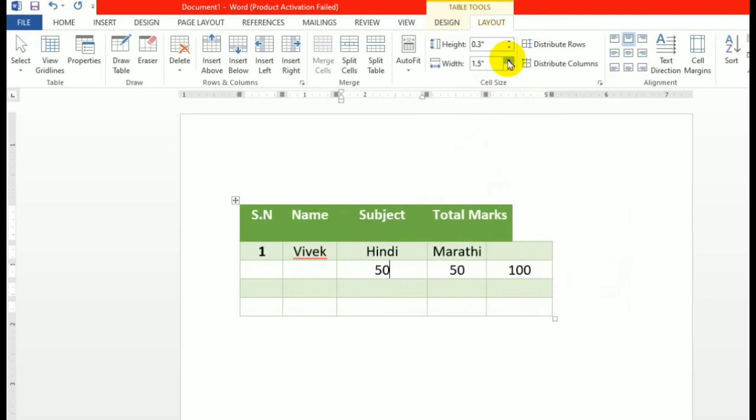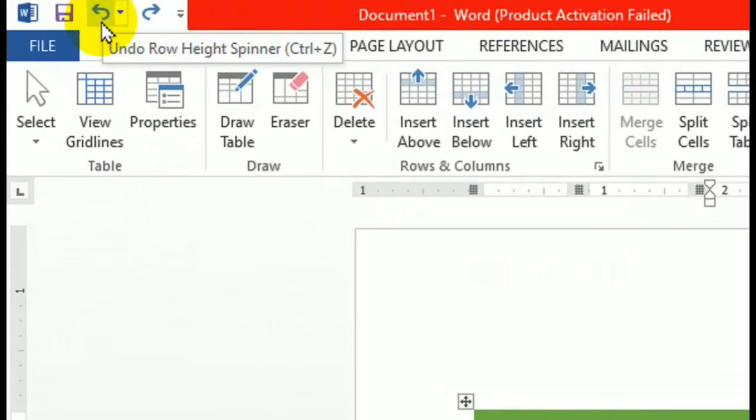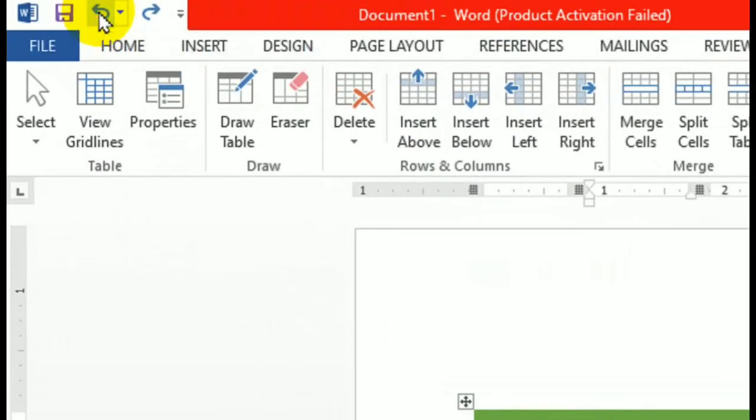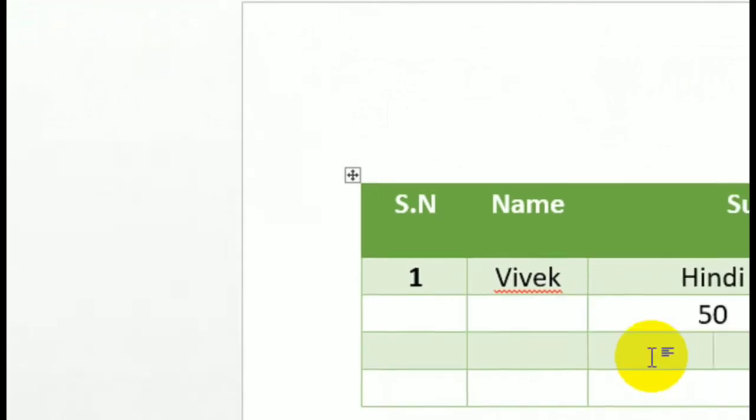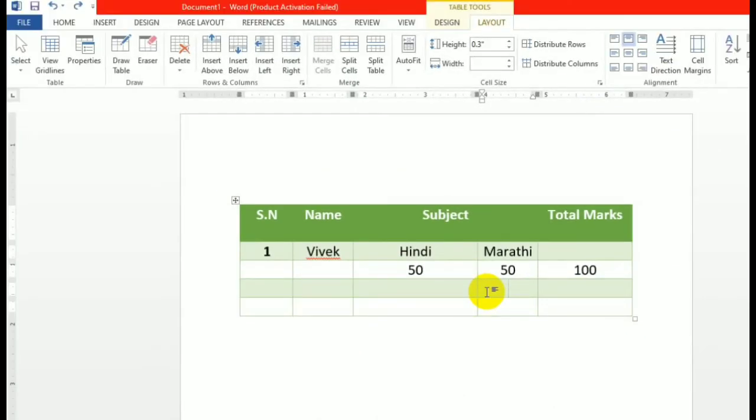So what I will do is use the undo and redo options to get it proper. That option is also present on the quick access toolbar at the left top corner. Here that option is present. This is actually undo. The previous process, the past process, we can access by using that undo, right?